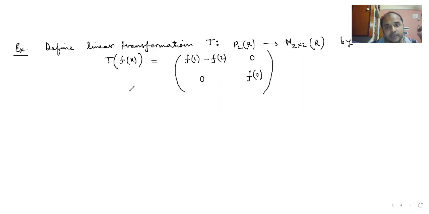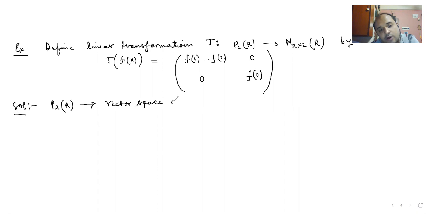This question has been chosen from an example of the book, but the way it is given in the book, I think that you will not be able to guess the points. So I think that I must discuss this particular problem with you. Here you see P2(R). Let us try to recall what these things are. P2(R) is the vector space of all polynomials of degree